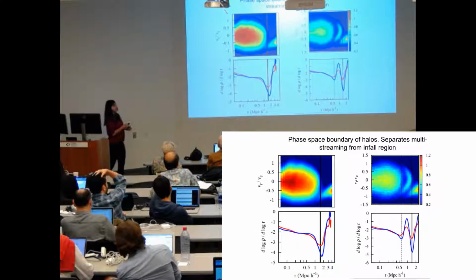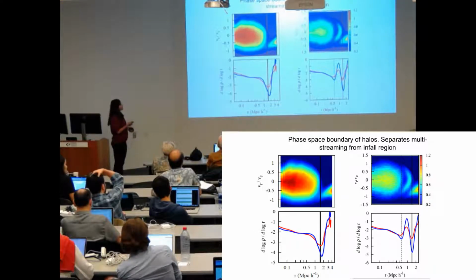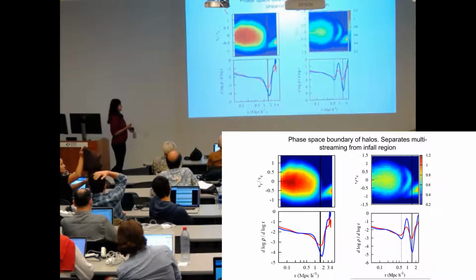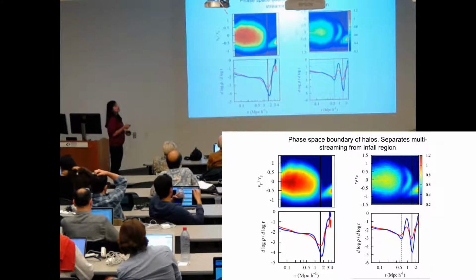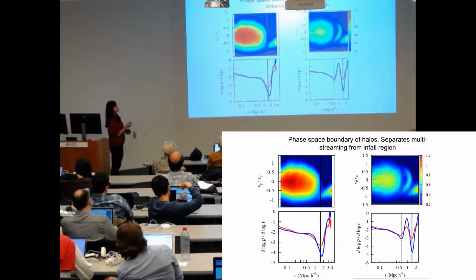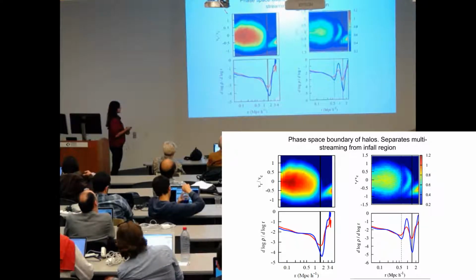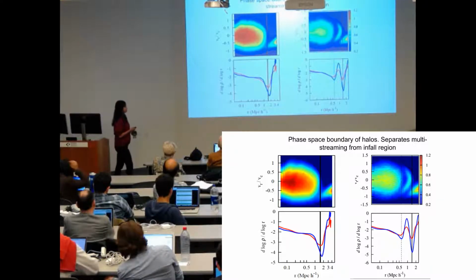So further, when we take the slope of the density profile and look at the corresponding location at the minimum of the slope, with where it corresponds to in the phase space of the density of the dark matter halo, we see that the minimum of the slope actually corresponds exactly to the phase space boundary of the multi-streaming region of the halo and the infall region of the halo. So this is just the radial velocity versus the radius, and this is what we call the virialized region, and this minimum of the slope corresponds exactly to basically where you can separate the phase space boundary.